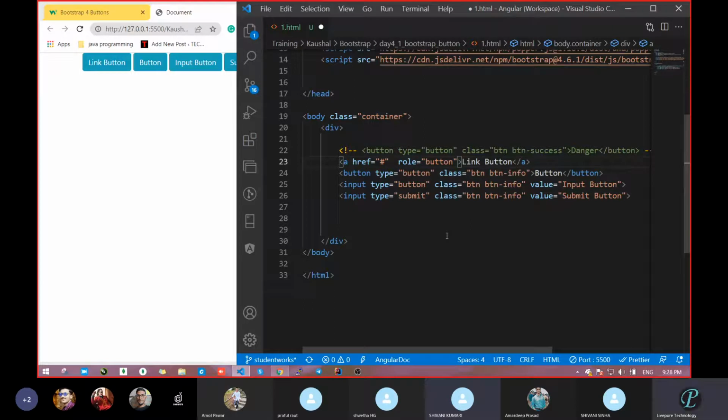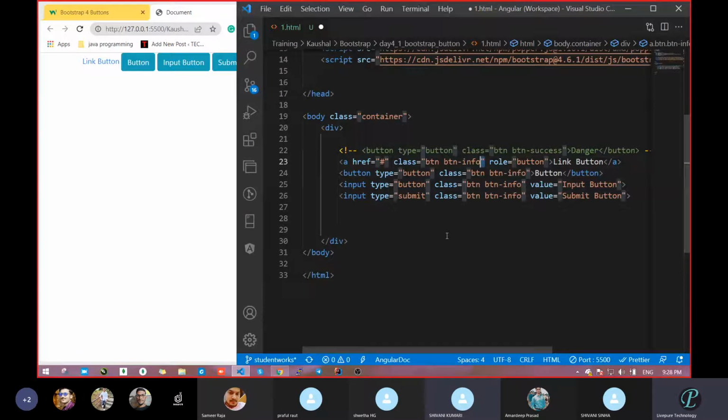What are you thinking? Will it look like a link, like a normal anchor tag, or will it come with the design? No, it will look normal, like an anchor tag. Normal anchor tag. Let's see. So it came as a normal anchor tag. Fine, because that is just an anchor tag. See, we are taking it just as an anchor tag. But if you want to make something,